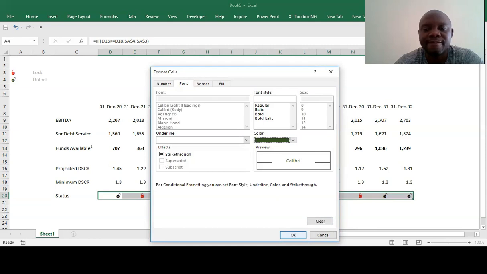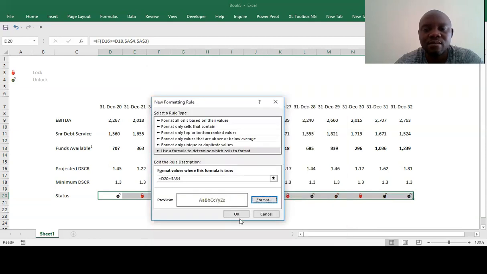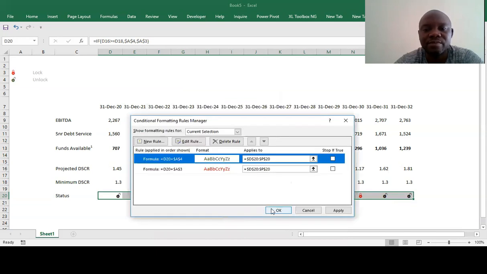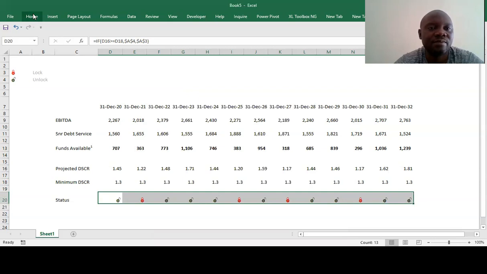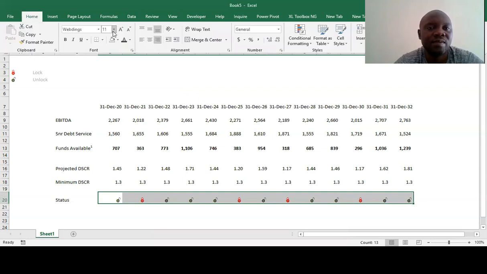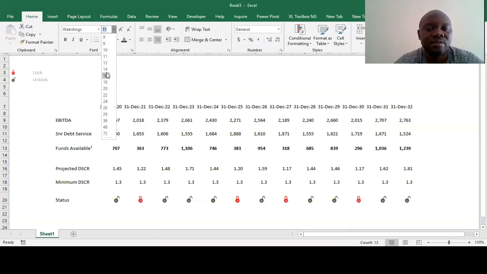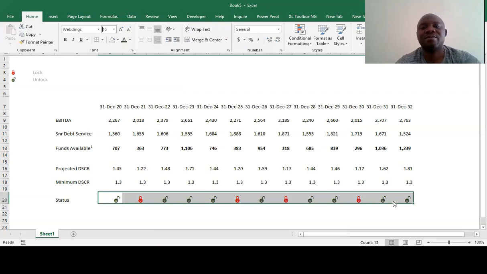Then we can press OK. Press OK. So we can grow this briefly. Grow it to there so that we are able to see in which month there is a lock, where the project has been locked.